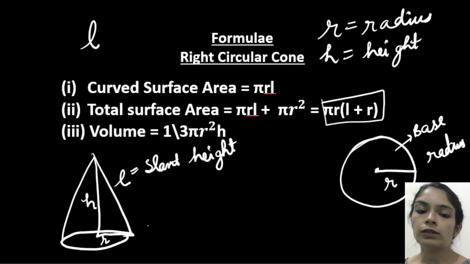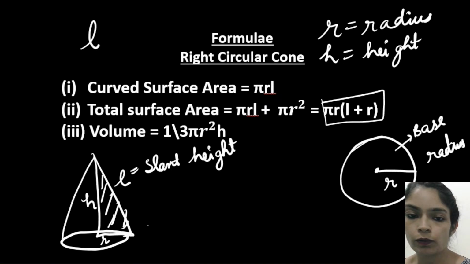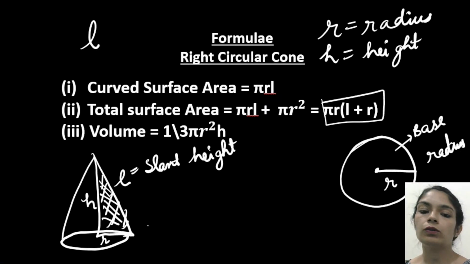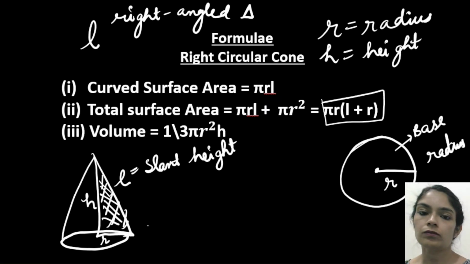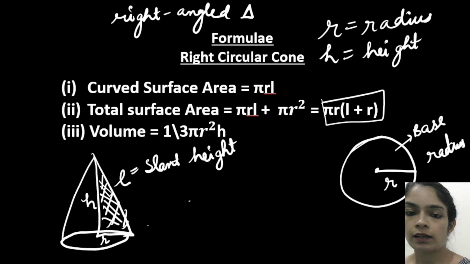Okay, so we can also find slant height by using this. If you see just this part of the cone, I've already told you at the starting also, this part of the cone is what? This part of the cone is a right angled triangle. This is a right angled triangle. So in a right angled triangle, there is one relation. The name of the relation is, one second,